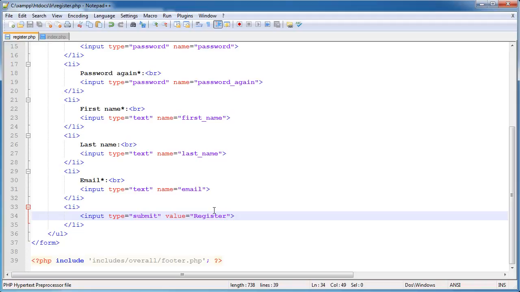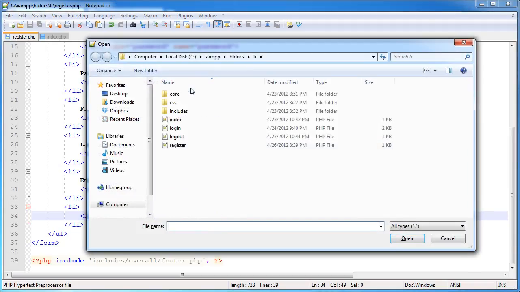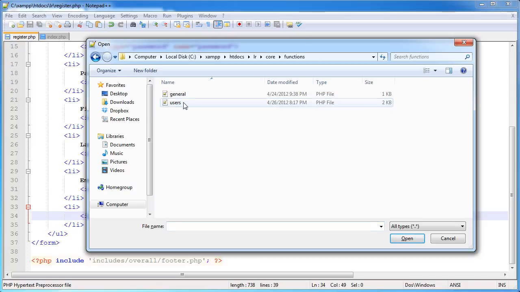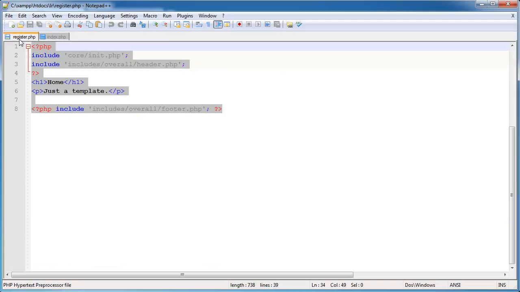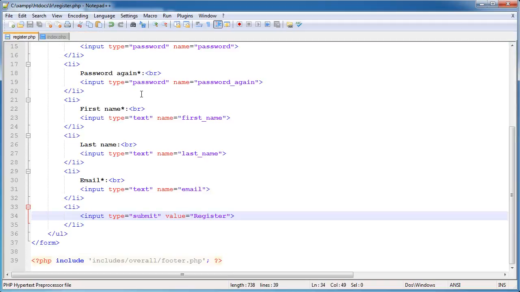And this function is essentially going to take a variable amount of parameters. So we're not going to define the parameters, but what this function will do is it will pick up our values, much like we did with the user data function. So let's go ahead and go into our core functions users. Remember, user data, we use the func_num_args and the func_get_args functions to pick up the variables within here. And we're going to use the same method for our